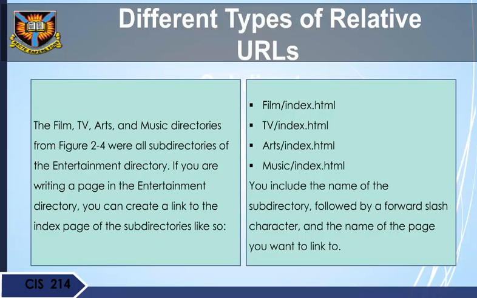Different types of relative URLs: subdirectory. The film, TV, art, and music directories from Figure 2 to 4 were all subdirectories of the entertainment directory. If you are writing a page in the entertainment directory, you can create a link to the index page of the subdirectories like so: